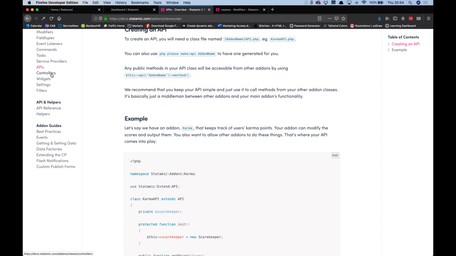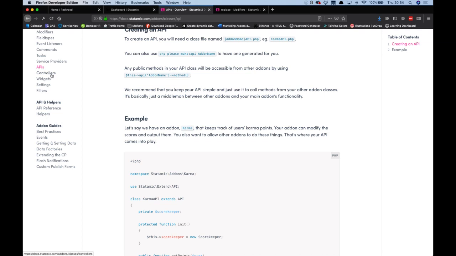A really good example of this would be, let's say you have a newsletter sign up, or you have a marketing automation platform that you want to integrate. You would potentially look at using a controller to handle that data